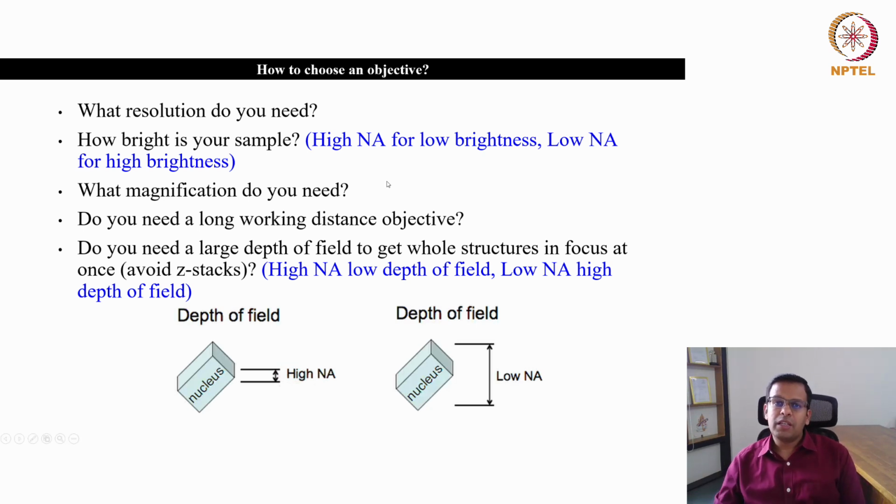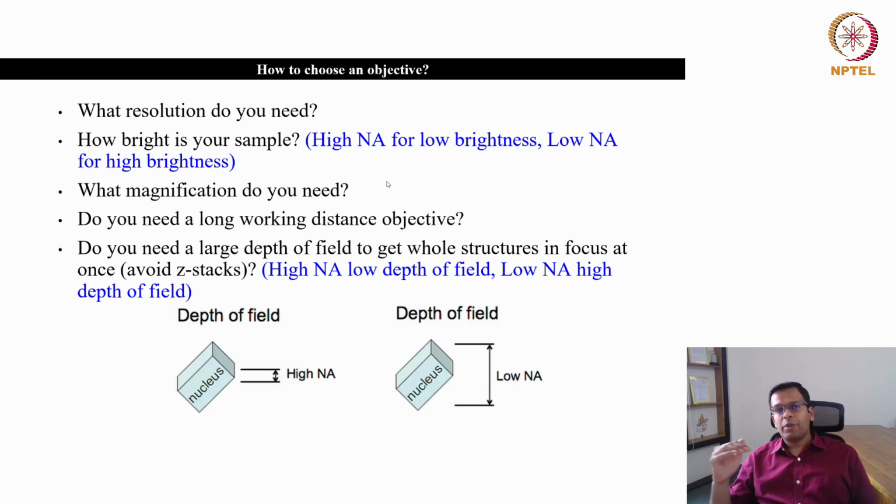Also consider how numerical aperture affects the brightness of your sample, because high numerical aperture objective lenses can collect more light from the sample. If your sample is not bright enough, let's say you are imaging a very faint sample, in that case you need a high NA objective so that it can collect the maximum light coming from the sample. But let's say you are imaging a sample which is very bright, then you can even image with a low NA objective, because even though a low NA objective will not be able to capture all the light coming from the sample, it will at least collect a small portion of it,